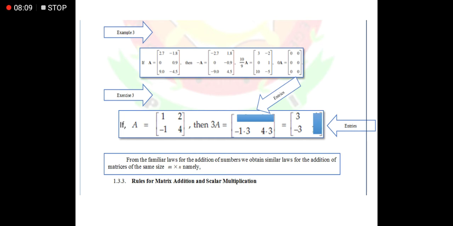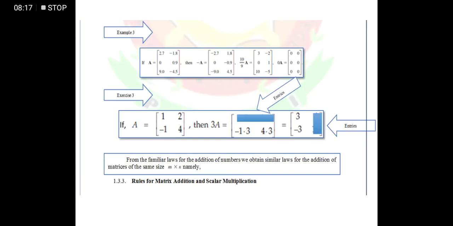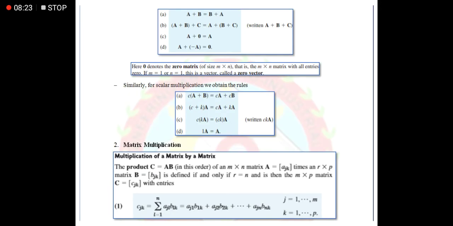Okay? So, 1.3.3. Please just read it. Rules of matrix addition and scalar multiplication. This is just the basic rules on how to add and on how to multiply. Okay? If you notice, these rules come from the definition of normal addition and subtraction of normal quantities. In algebra, do you remember? The first math you took? We have rules like these in order to add and multiply.